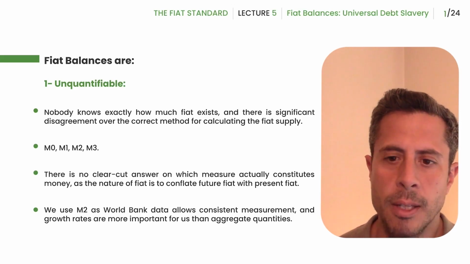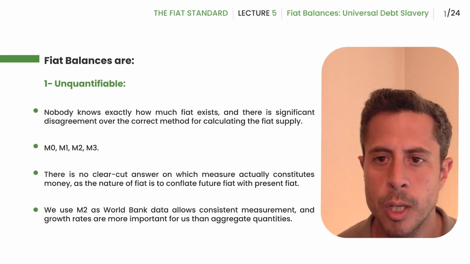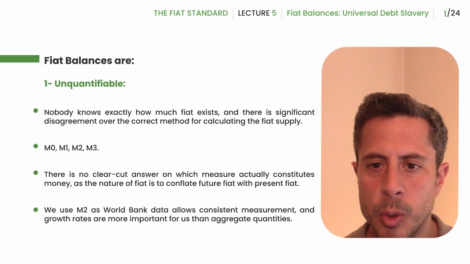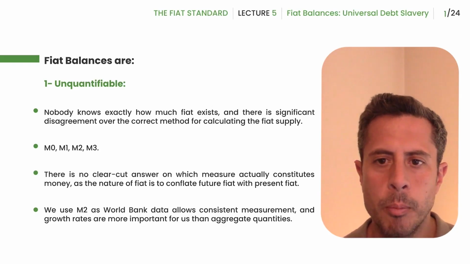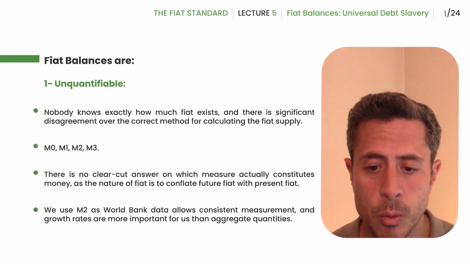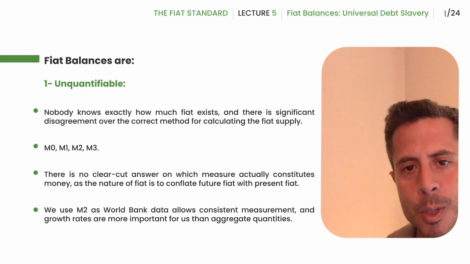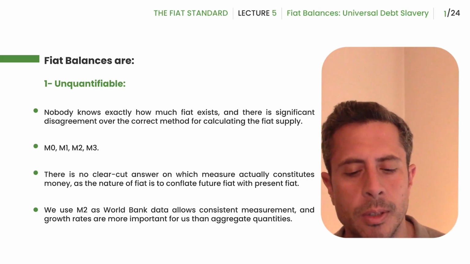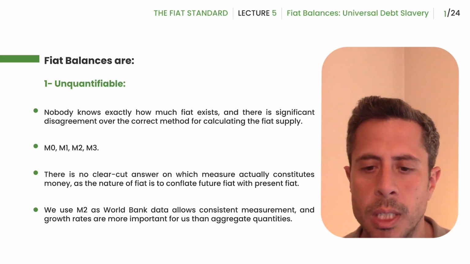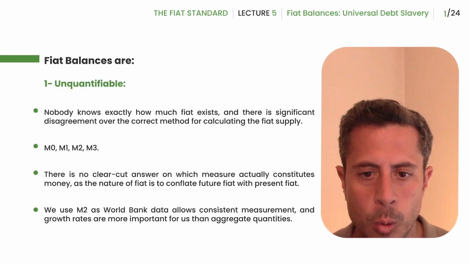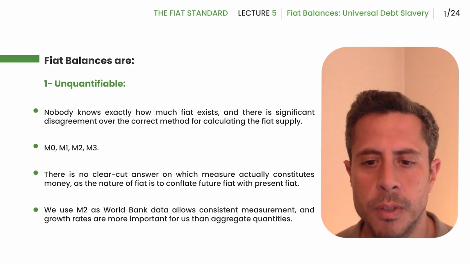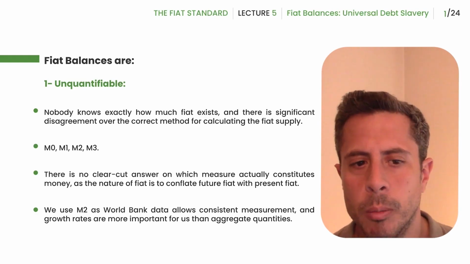But your balance of Bitcoin is how many of these satoshis your private keys can move. Ultimately, there's a lot of sophisticated details about how the Bitcoin network works and operates, but there's a certain number of Bitcoin, currently around 19 million. So there's a certain amount of satoshis, and what it comes down to is how many satoshis your private keys can move. That's what it really is all about. So there's a certain number of satoshis associated with the private keys that you're able to control. And so everybody has a known balance on this network, and you know how much they have from this positive sum quantity of satoshis. But in fiat, things are a lot more complicated.